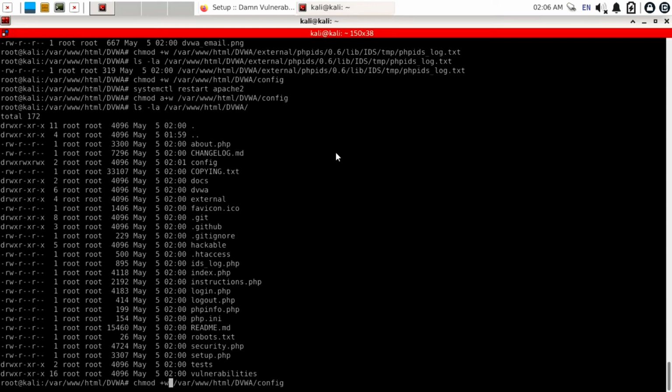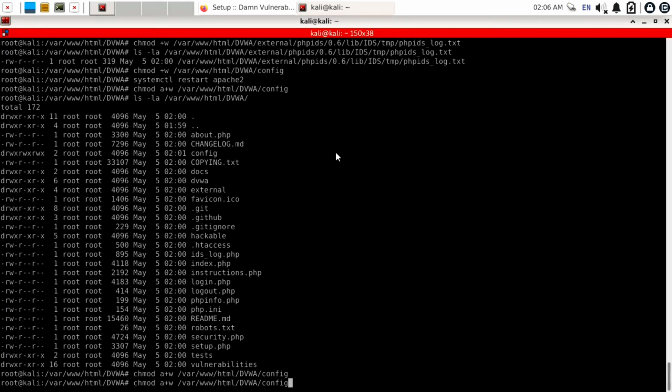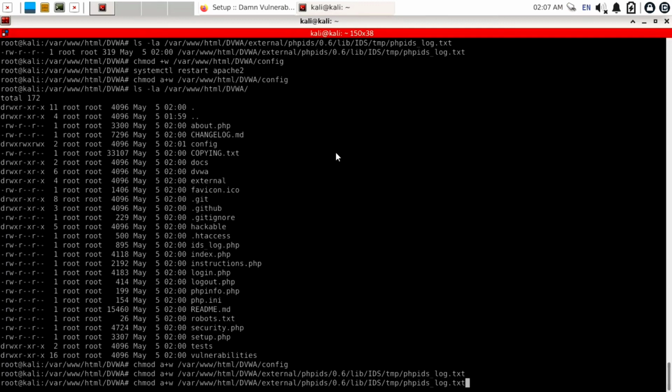Now again use chmod a plus W and path of another folder. Okay, I gave permission to config again. Don't worry about that. Let's give permission to log.txt. Now only one folder left.